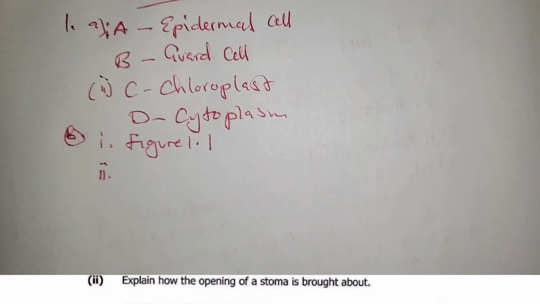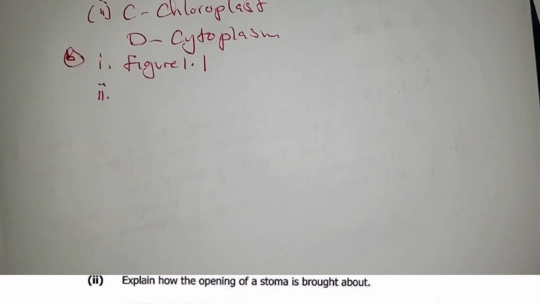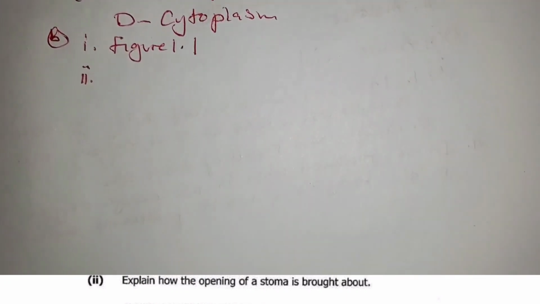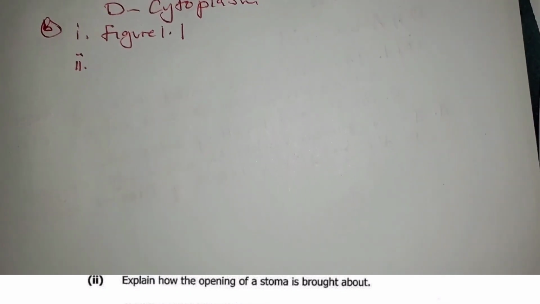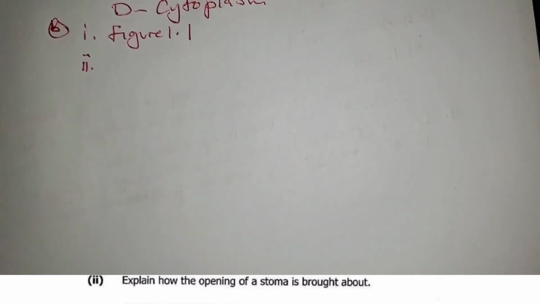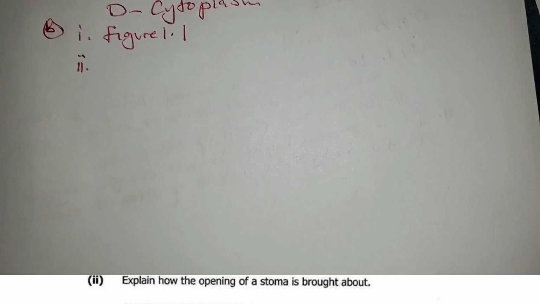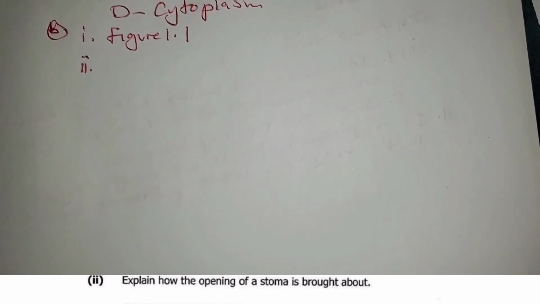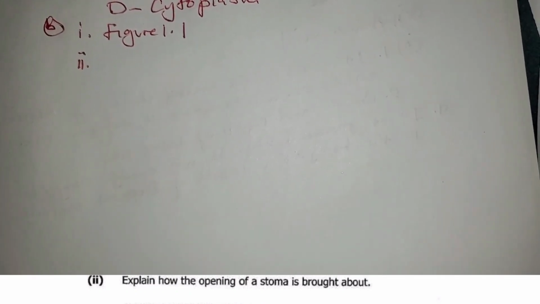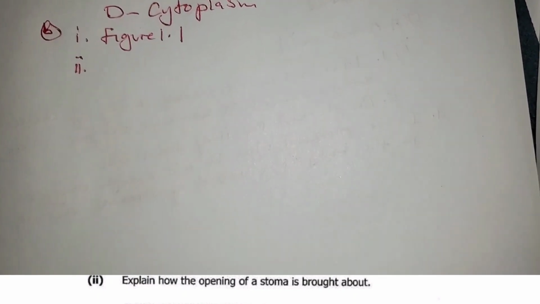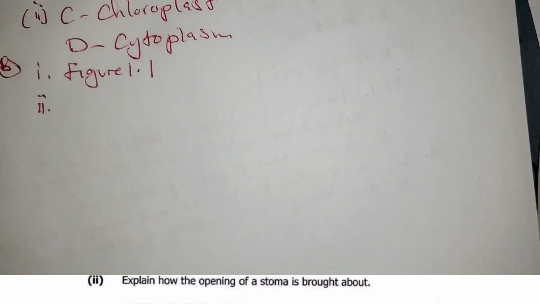Second question. Explain. Wow, I like explaining. I don't like one-word answers. I like explaining because it requires someone to think. Okay? And this is also called deep learning. Explain how the opening of a stoma is brought about. Wow, nice. Okay? So you can say,